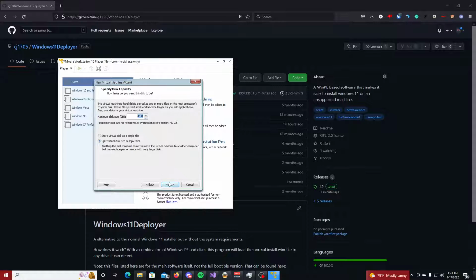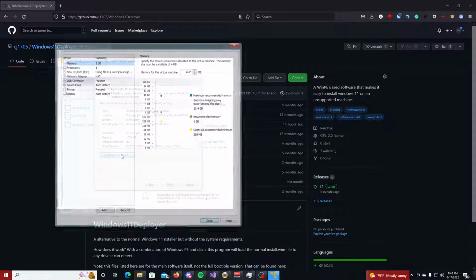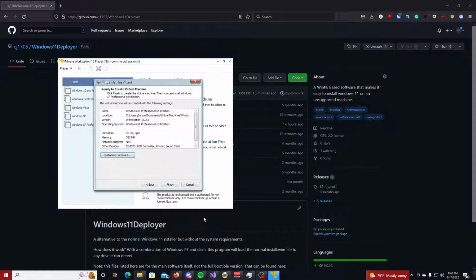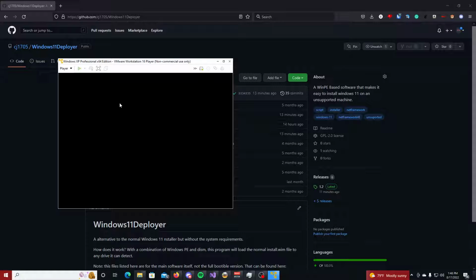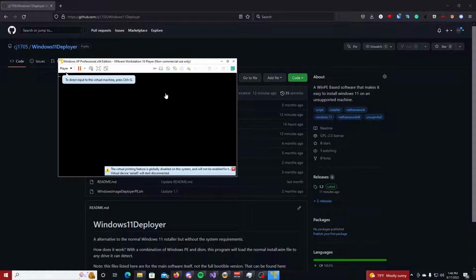And then we'll have a 40 gig disk. No, let's actually do less than that. We'll do a 20 gig disk. Okay. And then we'll do 512 megabytes of RAM. There's no way that's compatible, right? The only thing compatible really is my